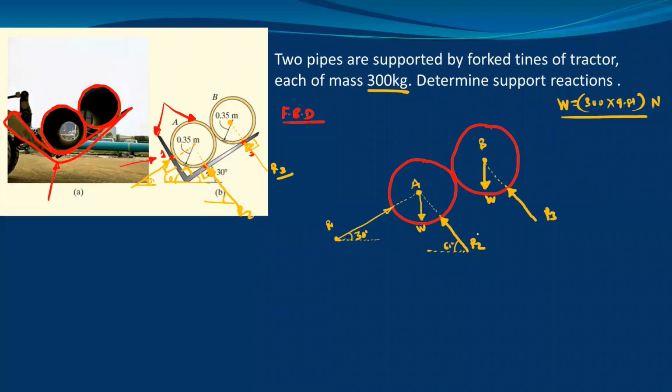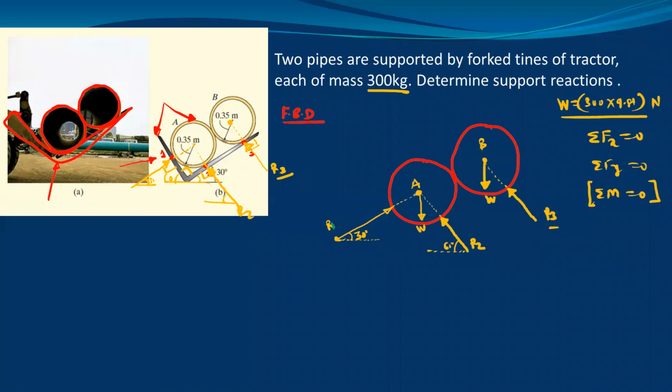Now the next step is to use the conditions of equilibrium. We have summation Fx equals 0, summation Fy equals 0, and summation of moment equals 0. First we will use the condition summation of moment equals 0. From this condition, you can find the one unknown, which is R3. For the summation of moment, we must select the moment point where you can cancel out the remaining two unknowns. Just observe, if I select point A as the moment point,